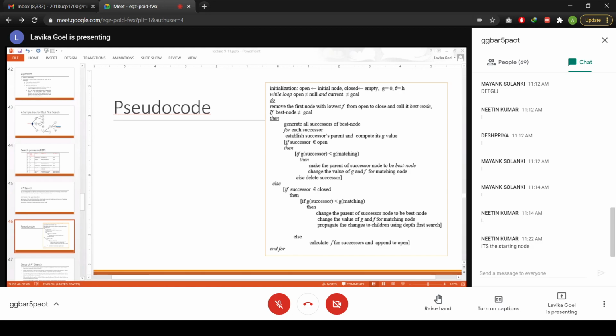Okay, and one more thing over here is that while updating the cost of children, you may again find a duplicate node in the children also. So this is one thing which you can also understand through your analysis. The same thing you have to follow for the children also. While you are propagating the changes to the children, if some child is also a duplicate node, then again you have to follow the same process for the child also.